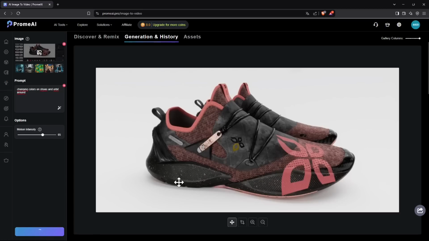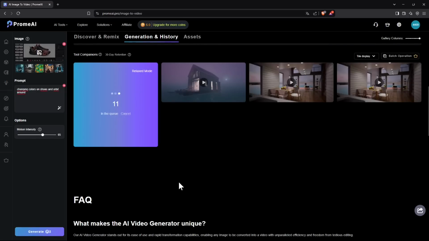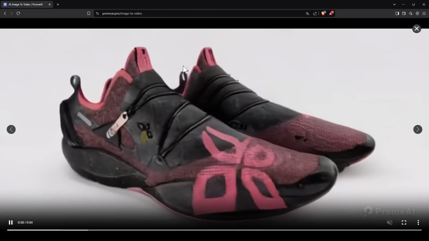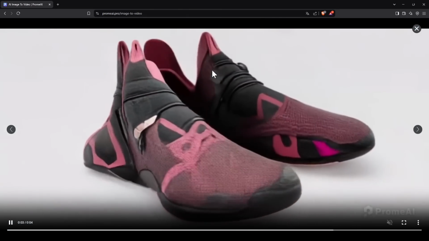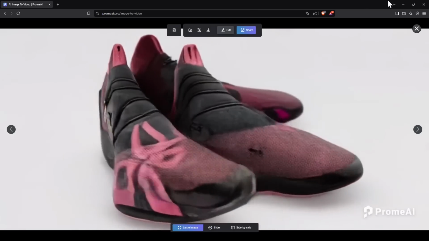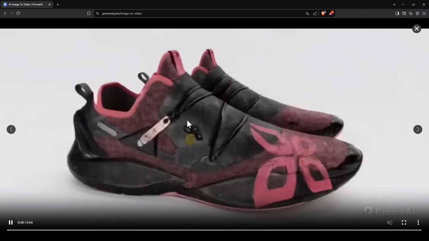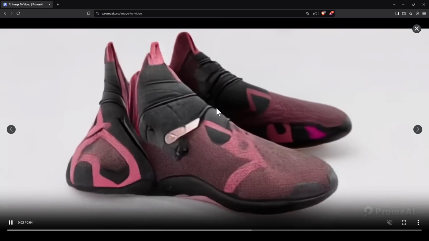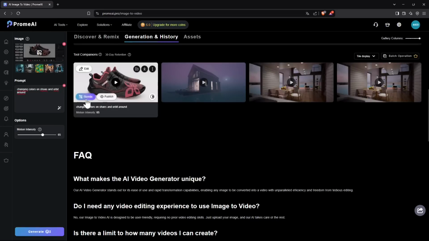Be careful because the more you affect the motion intensity bar, the more you increase it, the more it's gonna go a little bit crazy and try to generate something, and perhaps it's gonna go wrong. So I increase it just a little bit to see what's gonna happen. And this is the result. So now you can see the shoes are looking kind of strange, and also when it orbits around, it kind of generates a third shoe. So it's doing kind of a little mess,